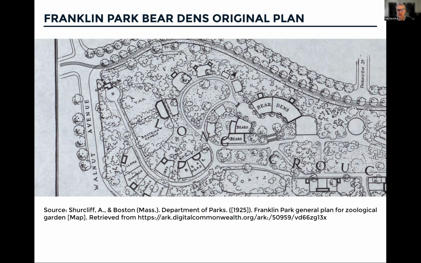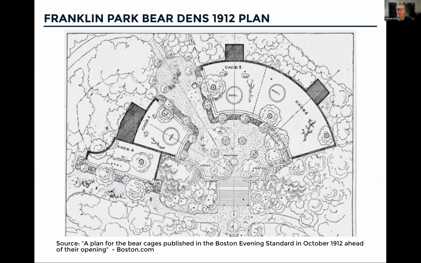So then I'll step back to 1912, which is when the zoo opened and these bear dens. So it's all very similar in terms of the graphics that I'm talking about. And here are the cage references, cage 1, 2, 3, and 4. So we're using those same. And the stairs, this plaza had a number of trees in it, and trees between the plaza and the cages. And as I mentioned, there were pools in each cage, logs, and the fencing.